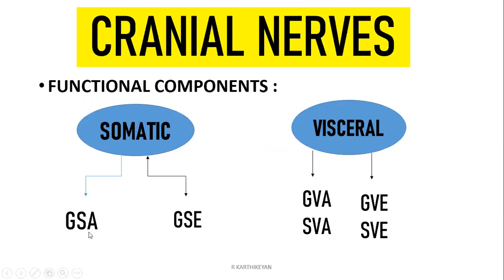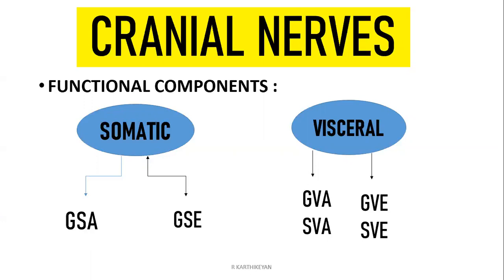Okay, so general, somatic, so body. What is the muscle that is most commonly found on your skeletal system? It's striated muscles. So the general somatic efferent fibers supply all the striated muscle. Now, general somatic afferent. Afferent means, as I told you, sensory. So it is going to carry all the basic sensations like your pain, touch, temperature and all from different parts of the body to the CNS.